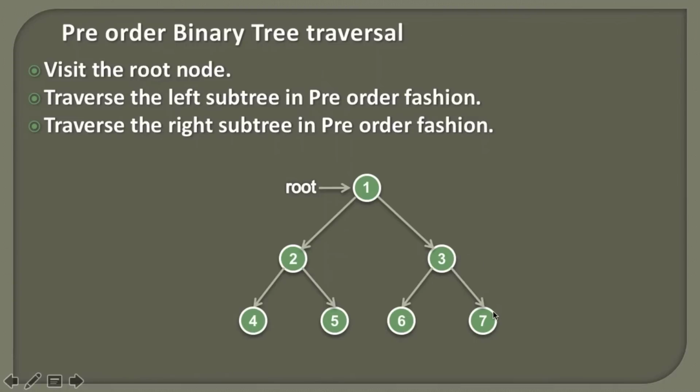When we reach the node 7, we first process this node, and then we traverse the left subtree of it and the right subtree of it. As node 7 has no left subtree and no right subtree, we are done with the processing of the node 7. And then we reach the node 3. Since we already processed this node, then we reach the node 1. So friends, in pre-order traversal, we first process the node, and then we process its left subtree, and then we process its right subtree, and this we do recursively for each and every node. So let's see the demonstration of pre-order binary tree traversal.